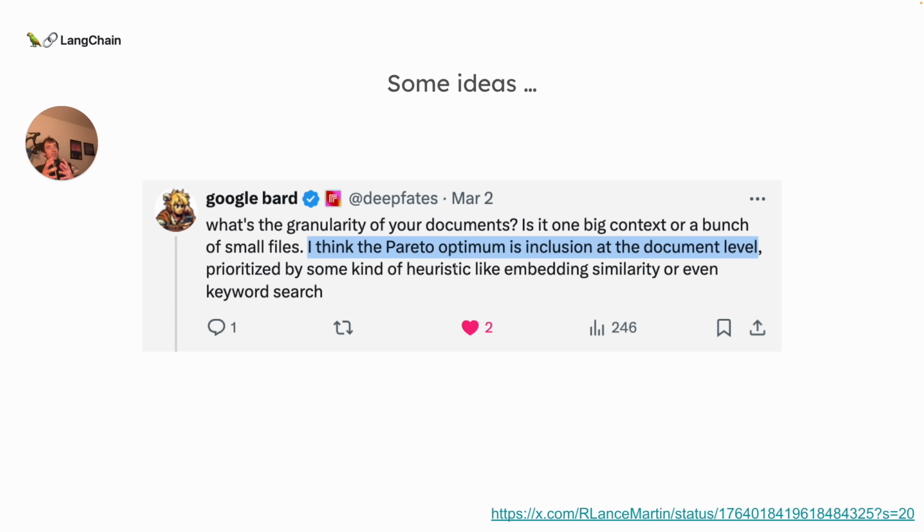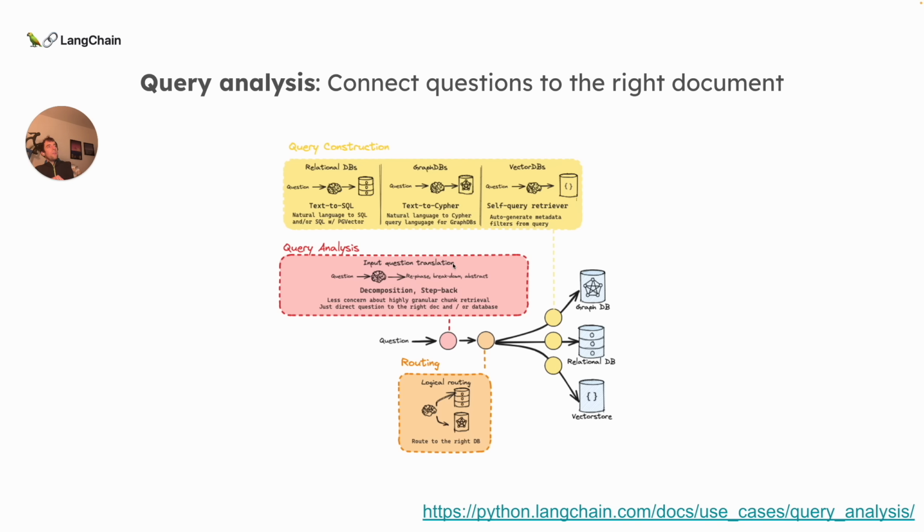What about document-centric RAG? So no chunking, but just operate on the context of full documents. If you think forward to the RAG paradigm that's document-centric, you still have the problem of taking an input question and routing it to the right document. This doesn't change. So I think a lot of methods that we think about for query analysis, taking an input question, rewriting it in a certain way to optimize retrieval,